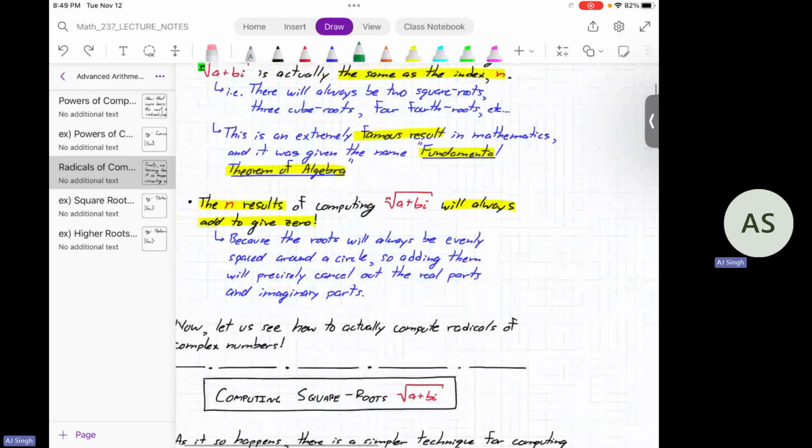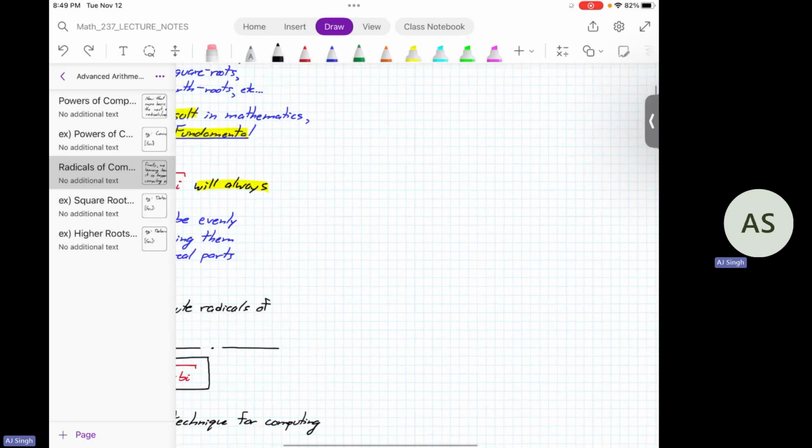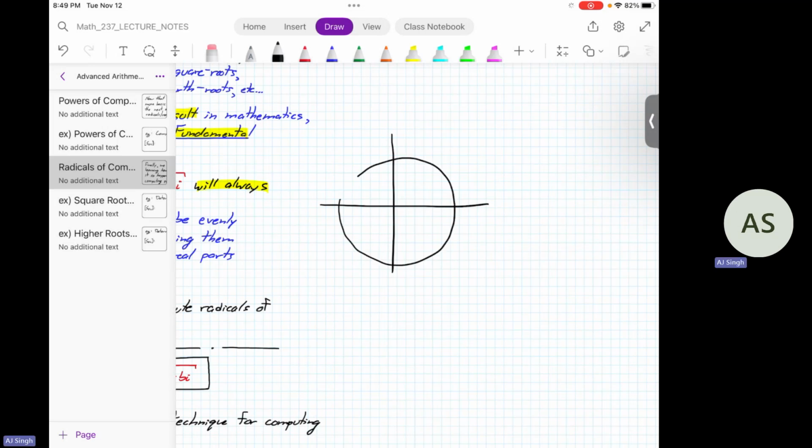Pretty much, like I say it right here in blue, but visually, your complex numbers will be evenly distributed around a circle, not the unit circle, but a circle. So maybe you'll have one that's like that, one like that, one like that. Let's call these complex numbers Z1, Z2, Z3. If you consider these as vectors and you add them vectorially, tip to tail,